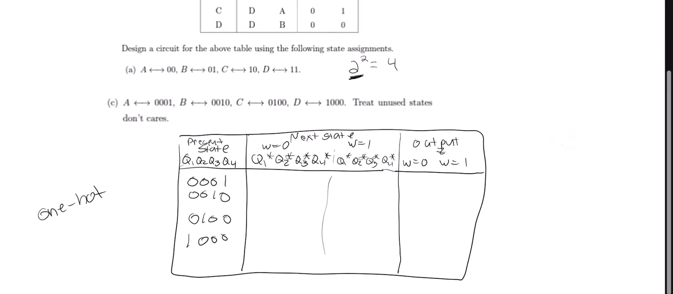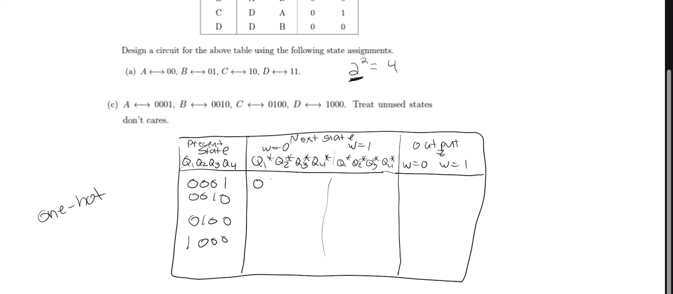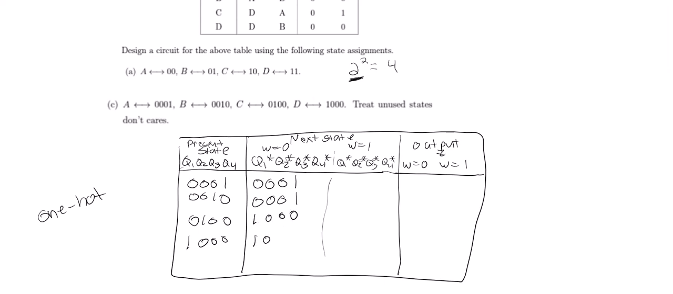Okay, now A, 0, 0, 0, 1, 0, 0, 0, 1, and then we have D, 1, 0, 0, 0, 1, 0, 0, 0, and C, 0, 1, 0, 0, D, 1, 0, 0, 0, A, 0, 0, 0, 1, and B, 0, 0, 1, 0, and our output 0, 0, 0, 0, 1, 0, 1, 0. Okay,